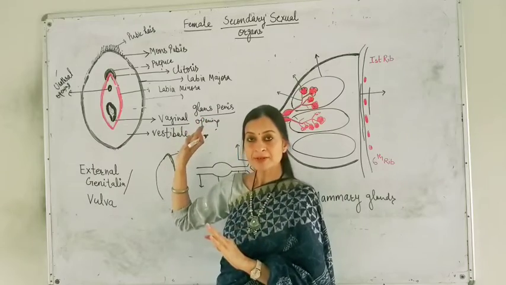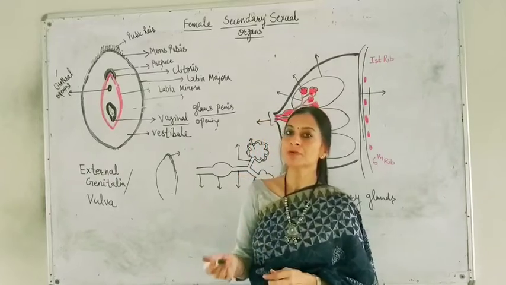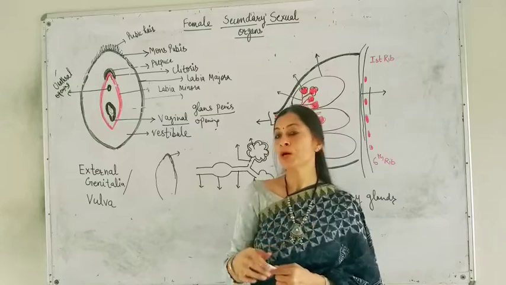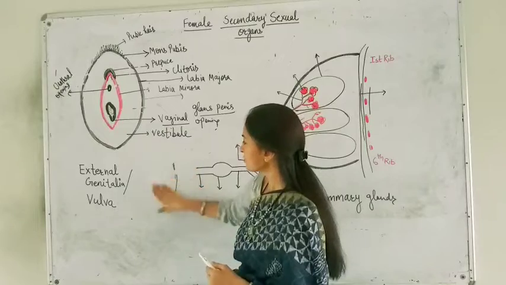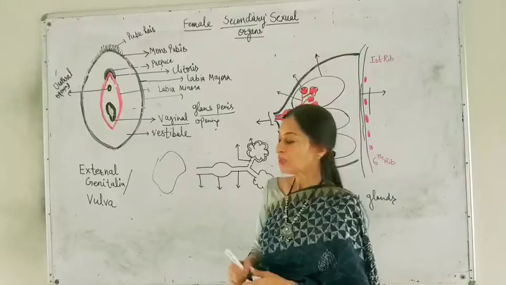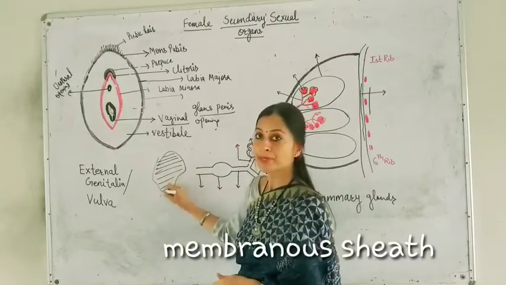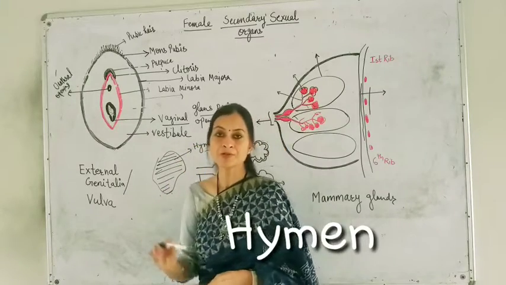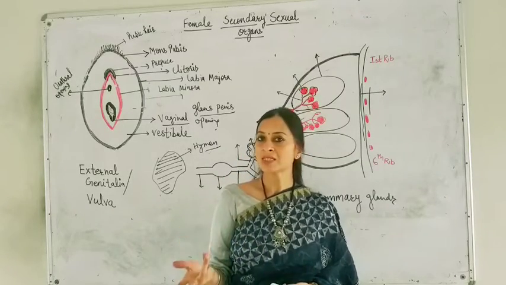Okay, that was the internal view, and this is the external view of the female reproductive system. A very important term you now have to learn: this is the vaginal opening, just for example, I am showing here. This vaginal opening is covered by a thin membranous sheath known as the hymen. Mostly it is covered by a very thin membranous sheath, the hymen, and because it is very thin, it can be